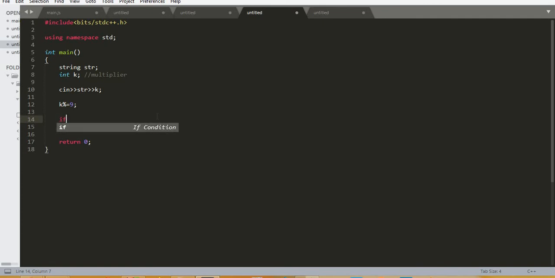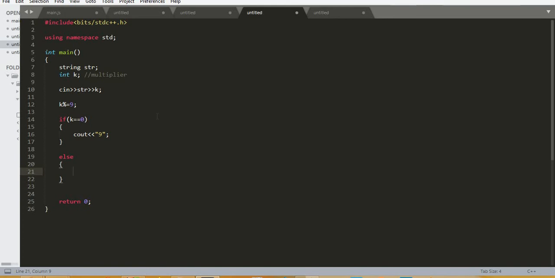If k returns 0, so let's say it is 9 or 18 or a multiple of 9, that means that particular number would be multiplied by 9, and hence the resultant sum would always be 9. So I can directly print out sum, that is 9. And in the else part, if that is not the case,